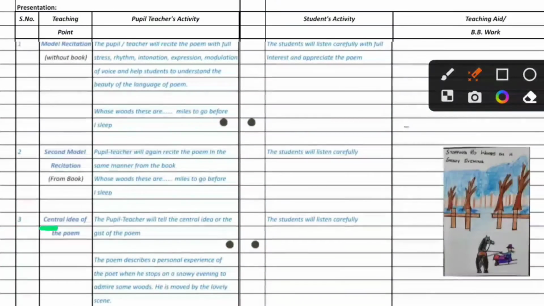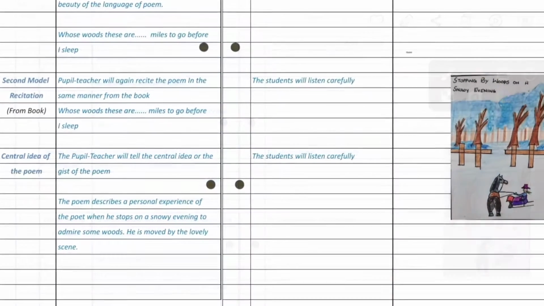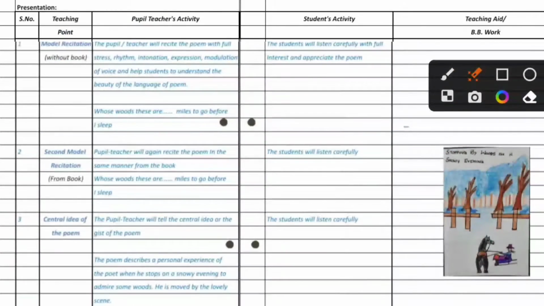Then the third teaching point will be central idea of the poem. Here the pupil teacher will show the chart or the model related to the theme of the poem and tell the central idea or gist of the poem to the students. So in the pupil teacher's activity column we'll write, the pupil teacher will tell the central idea or the gist of the poem to the students. And then here we'll write the central idea of the poem which the teacher will tell to the students in the class. So it will be like this, and in the students' activity column we'll write, the students will listen